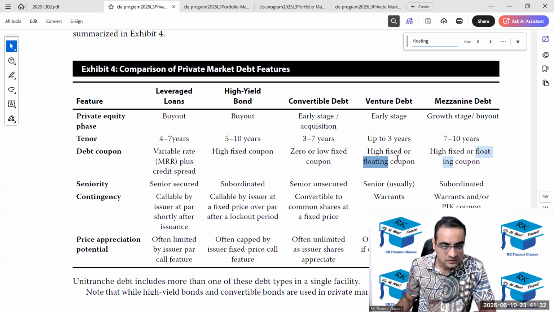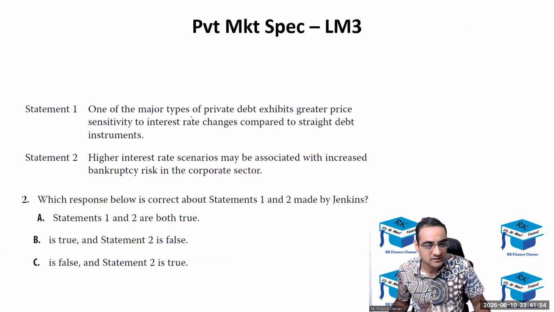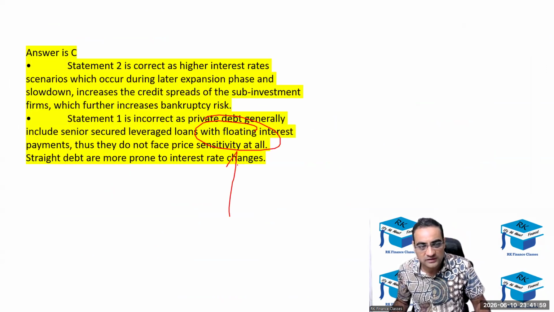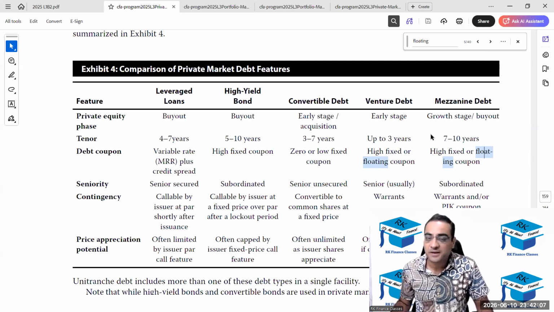Yes, sir, I think you're talking about this. So leverage loans are variable floating, high yield bonds fixed, convertible bonds low fixed. तो but यहाँ पे again private debt के mix लिखा है, like sometimes floating, sometimes fixed. So we can't generally do anything with this because यहाँ पे generally private debt mention किया था. So we can write what you mentioned because some of them are floating rate, like venture debt and mezzanine debt are floating rate. That's the reason, as the interest rate will change, their coupons will change, and hence the price will more or less remain unchanged. With that logic, it will work.